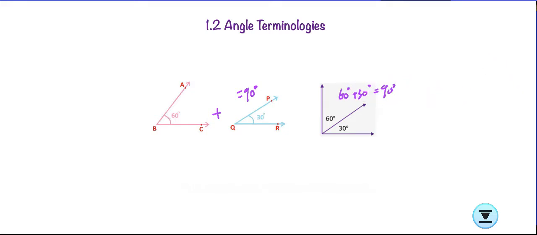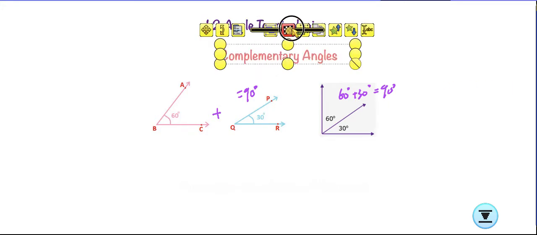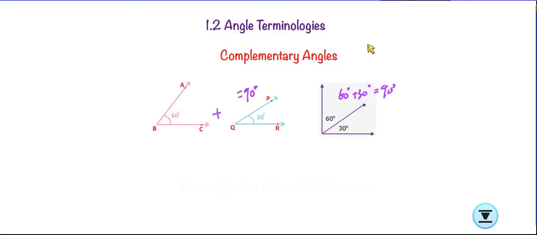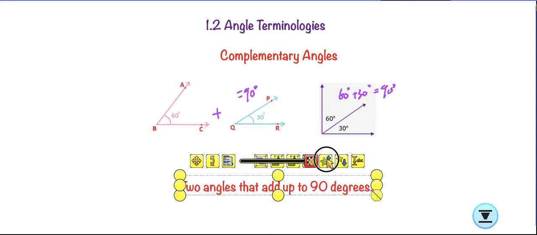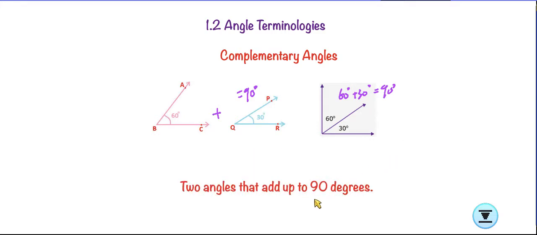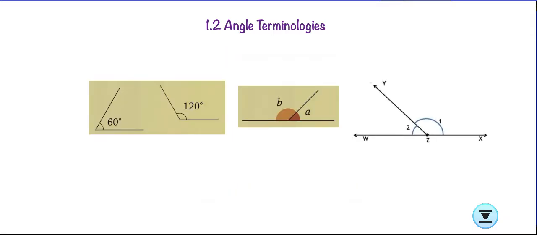So when two angles add up together to 90 degrees, we call them complementary angles. The definition is very obvious: they add up to 90 degrees. So when two angles add up to 90 degrees, we have a word called complementary. Complementary means they add up to 90 degrees. So let's check the next one. Some students might say, oh, they add up to 90 degrees, then it's complementary. Then what about if we add up to